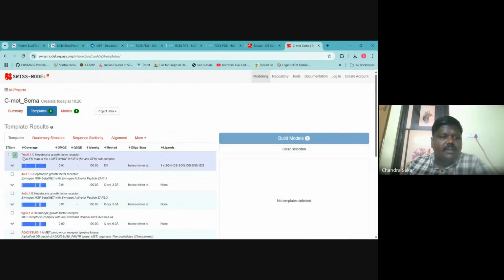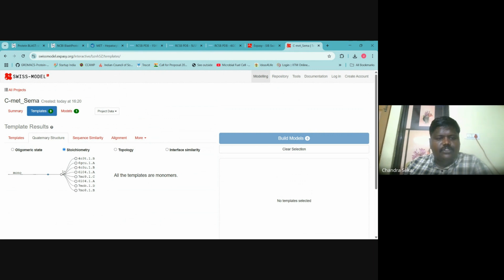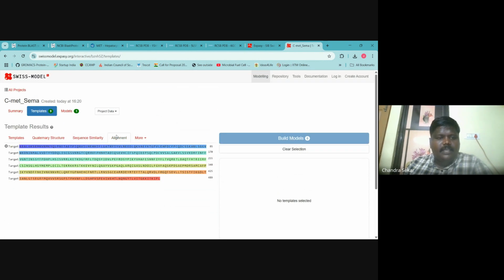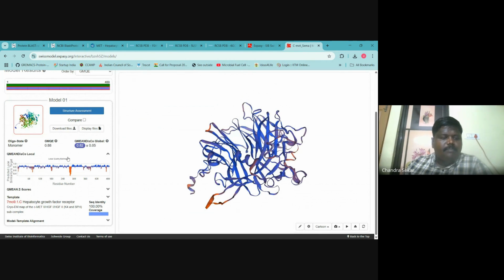Among them they preferred 7M09. Then they looked at stoichiometry, topology, sequence similarity and alignment, and finalized with 7M01, and we got a model. There are several models for this, and we prefer the first best model, 7M01.